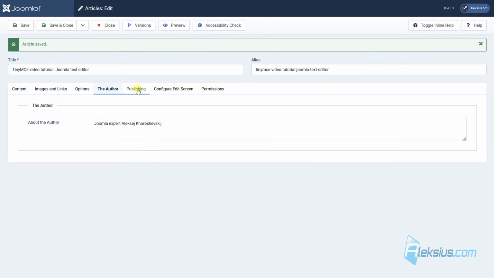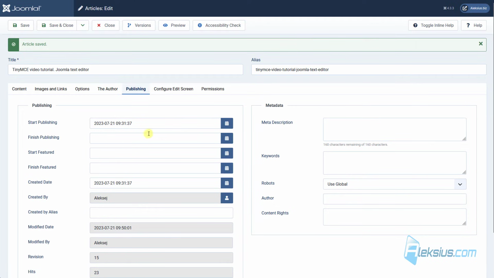The next tab is Publishing. Here you can edit start publishing, finish publishing, date and time, start featured, and finish featured date and time. Also, you can change the created date. For example, you can add your article today and publish it tomorrow. Just enter the start publishing date in the future, save it, and it will publish automatically on the date and time